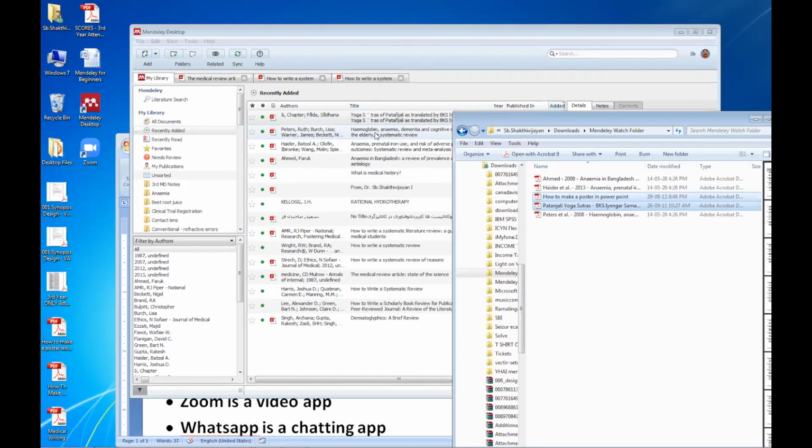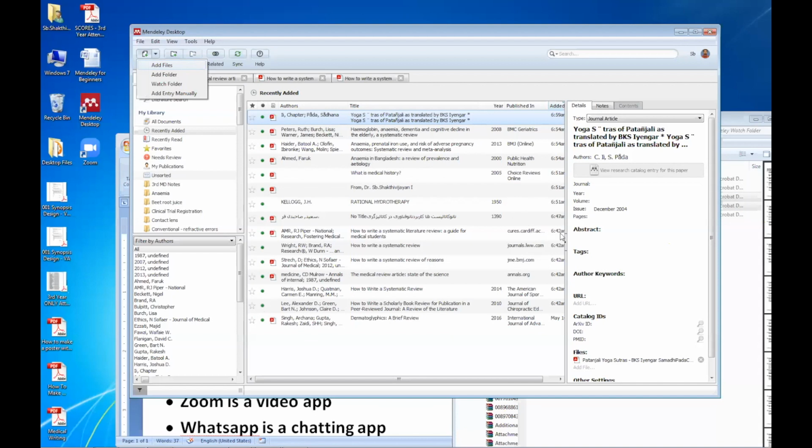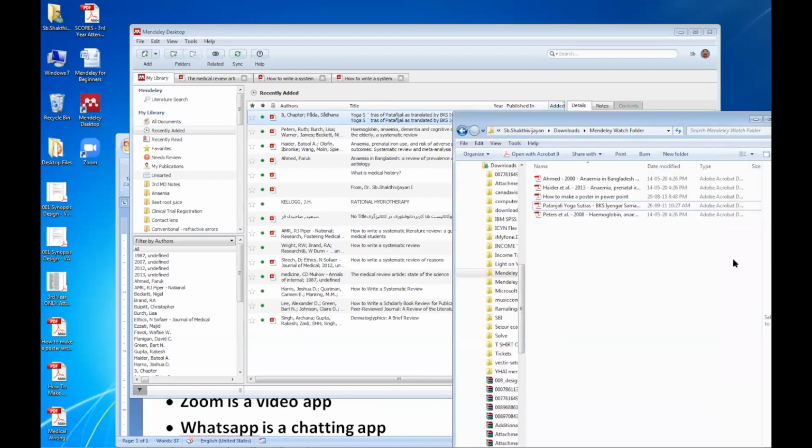So the watch folder's purpose is to keep watching a folder. Whatever you want to add in Mendeley, just add in the folder. It will automatically go into Mendeley. You don't have to go into this. Now, what is the advantage of this? You have a list of PDF documents. You just put it inside. It will automatically come into Mendeley.